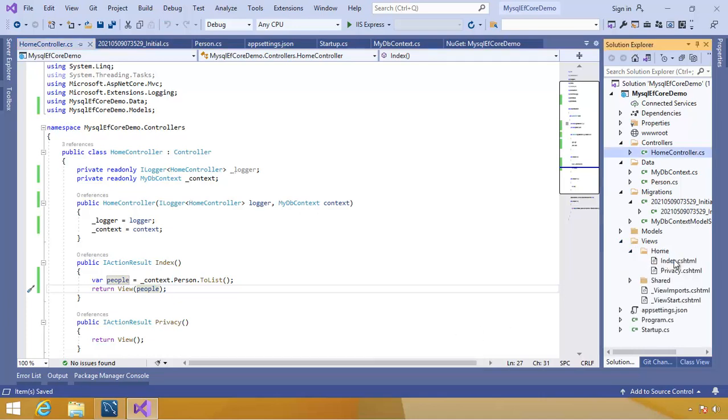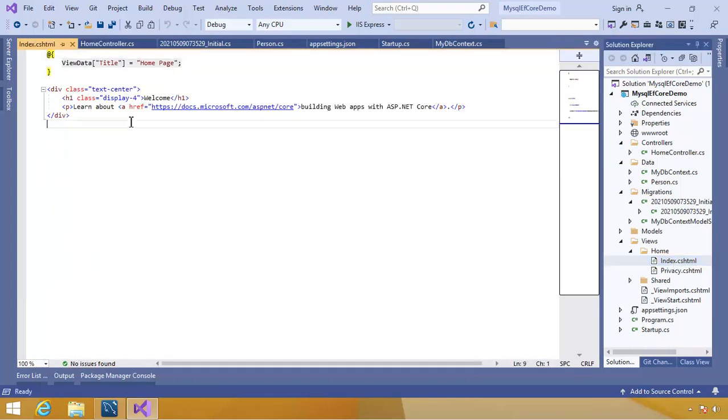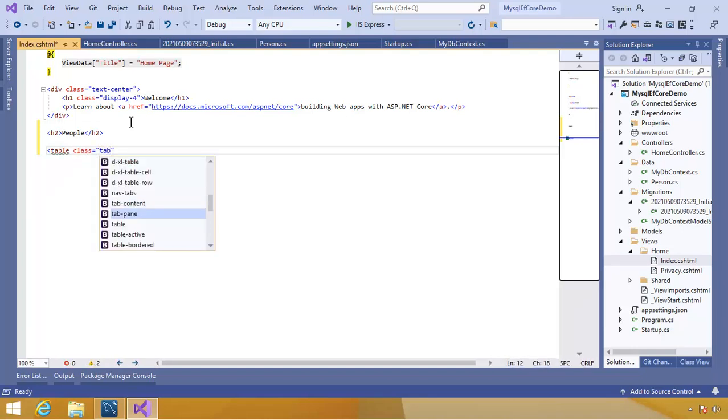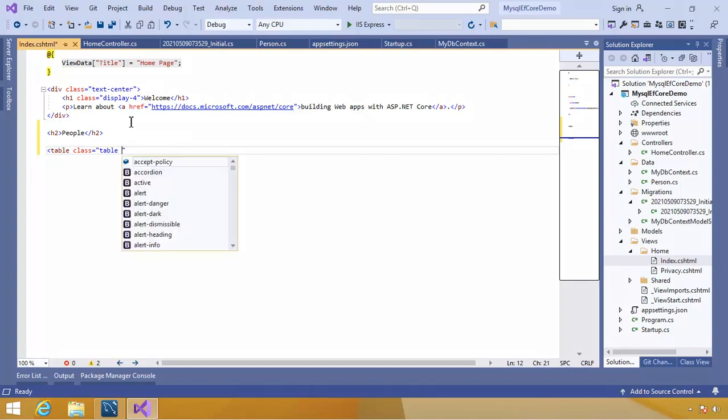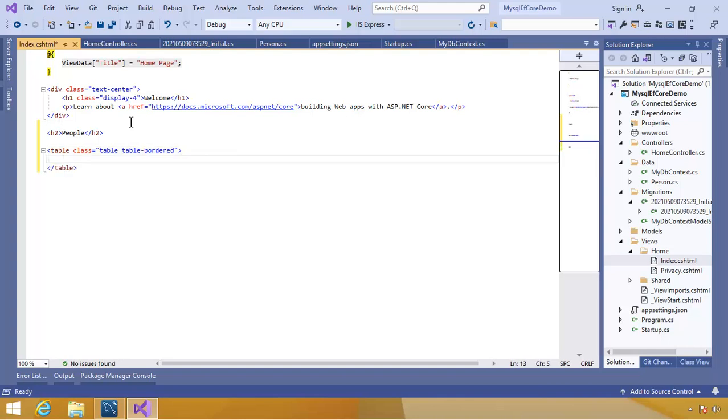and in the index page I will first write a heading, so h2 people, and here I will add a table. So in this table we will show all the people. We will use the bootstrap class table border, and then the thead, and inside there will be one tr for the heading, so th id,